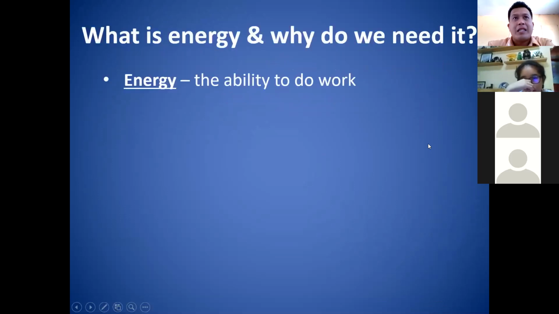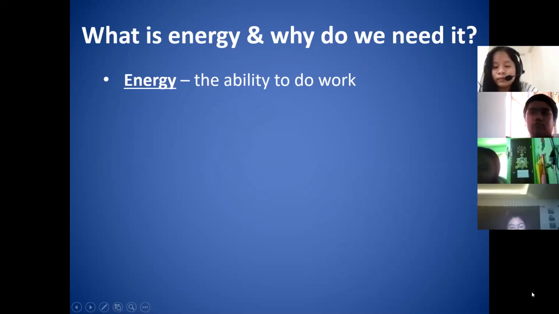My definition, class: energy is the ability to do work. So without energy, you cannot do such a work, in the same manner as without food, you don't have the energy. That's why you don't do your household chores. If your parents ask you, "Nak, please clean this one or sweep this one," you simply say, "Ma, I cannot do it. I don't have the energy to do it." So you're not doing the said work. For you to do work, you need to contain energy within you. Okay, but the discussion of the energy will be in our next module.